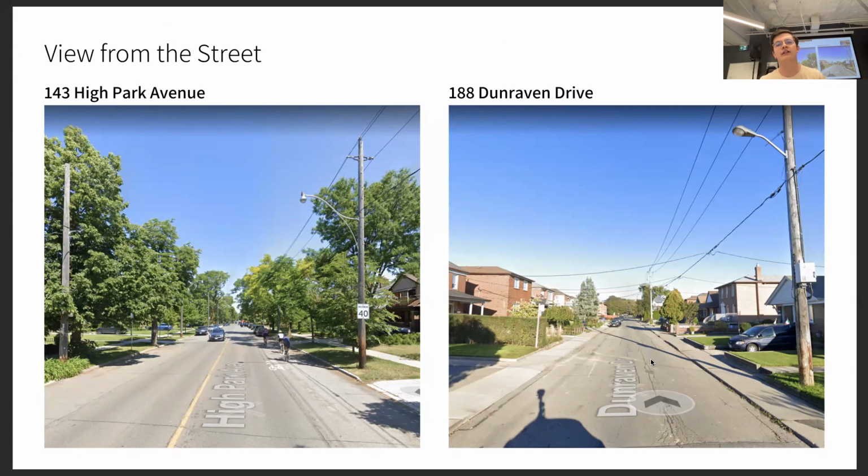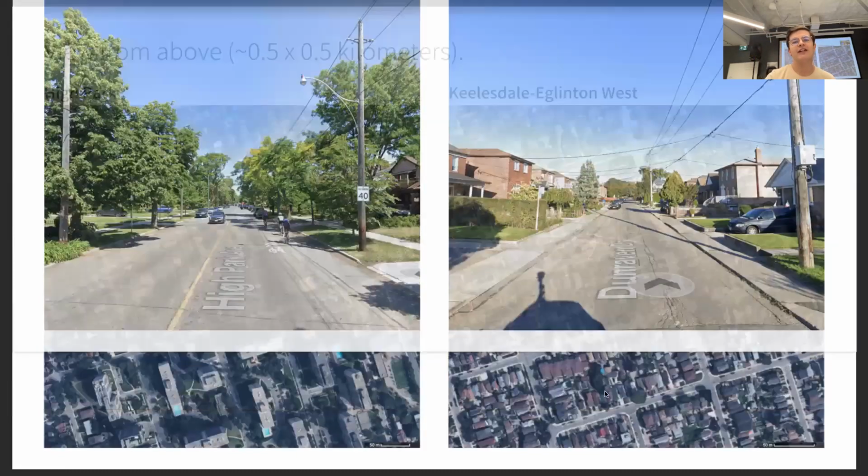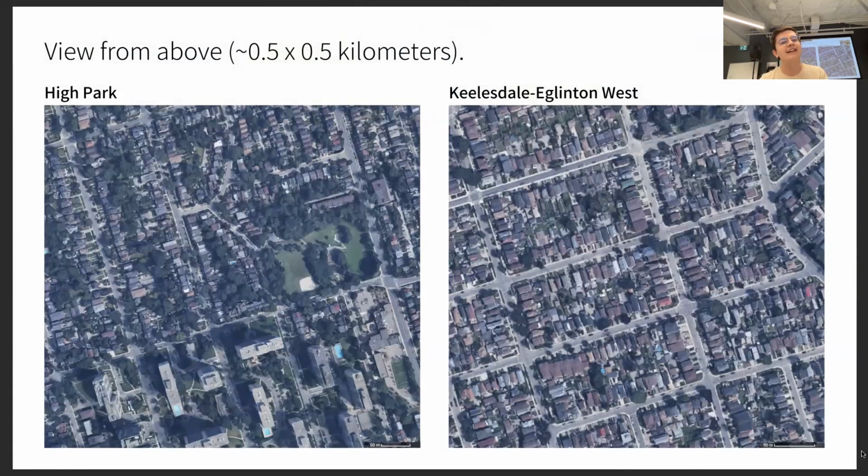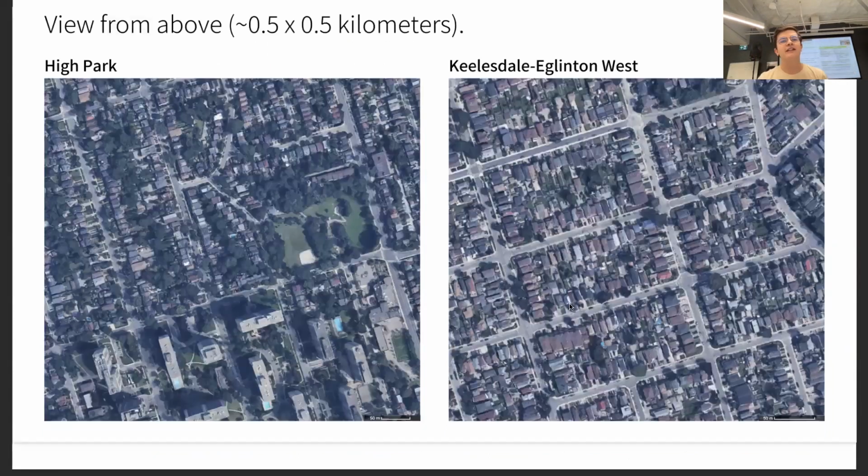If you've ever been walking in Toronto in the summer, you will go from one area to the next, and you will suddenly become very hot. It's likely because there's a lack of tree coverage. And just to show you that I'm not cherry picking, this is the satellite imagery of both of those locations, about half a kilometer by half a kilometer. You can see obviously that High Park has a lot more tree coverage than Eglinton West, but population density and the zoning is very similar. So it's not an issue of urban residential versus other zoning types, which begs the question,